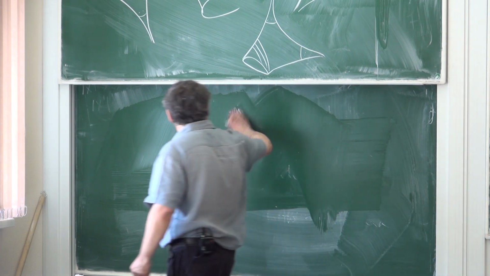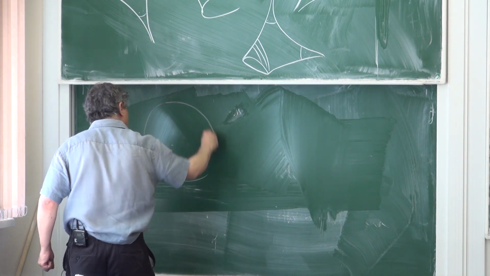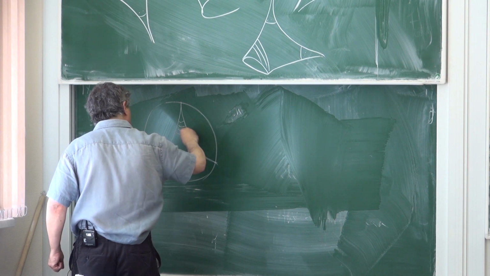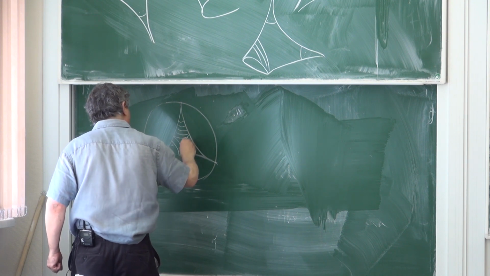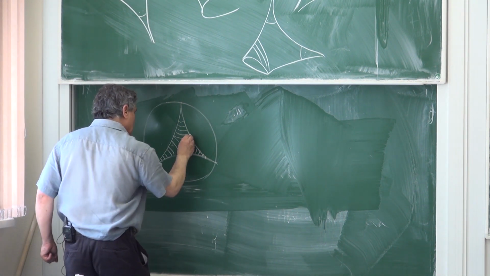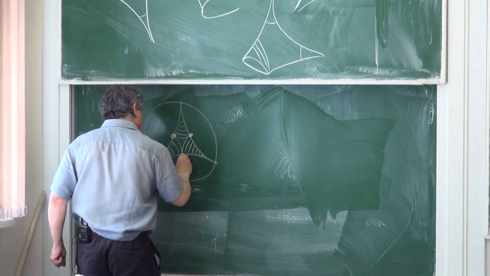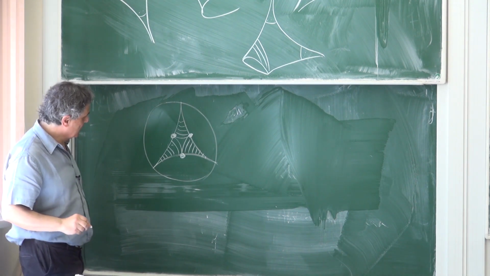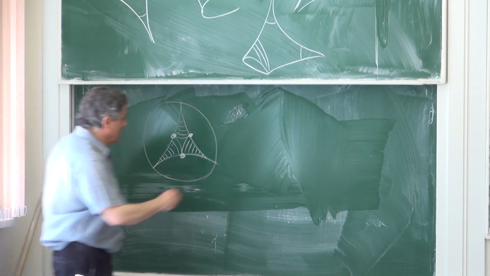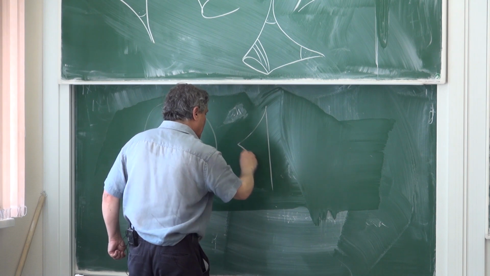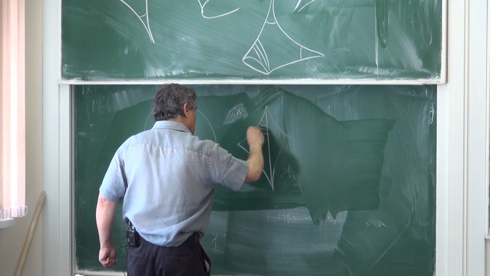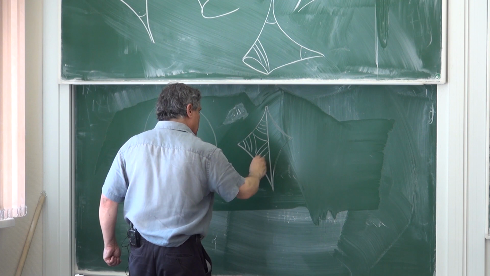I want to recall the existence of this horocyclic foliation, in particular the existence of these three distinguished points on the boundary of an arbitrary ideal triangle, and then when I do this gluing side by side of these ideal triangles,